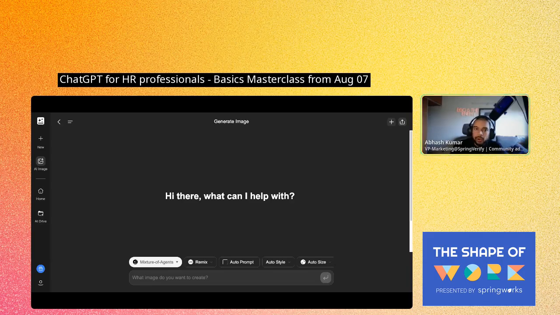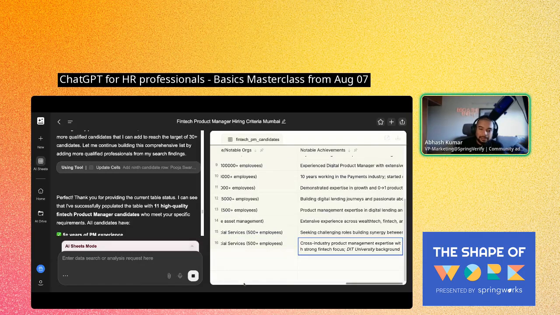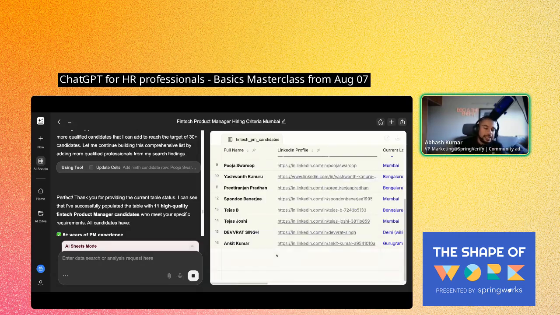Cool. Okay. So yeah, I hope this one is very, very clear. The TA thing, the candidate sourcing part of the equation. I'll close it at this point so as not to waste my credits. I hope this is very, very clear. Obviously you can export this, you can download this Excel sheet, whatever, all of those things you can do. The doc has been generated, and I hope that difference is very, very clear. And then where were we? Presentation, right? Have I run out of credits? I hope not. Okay, let's see. We'll come back to that.